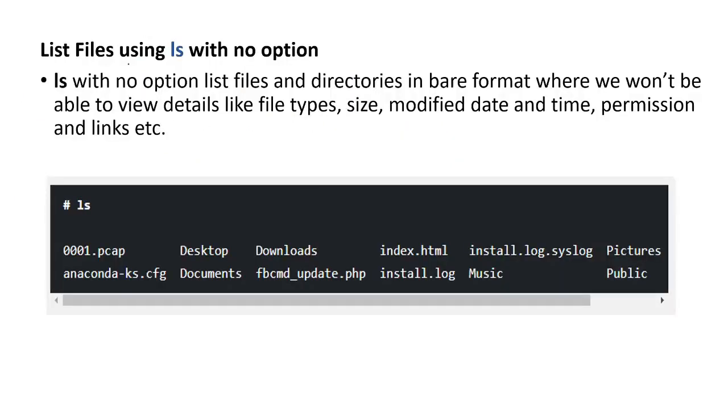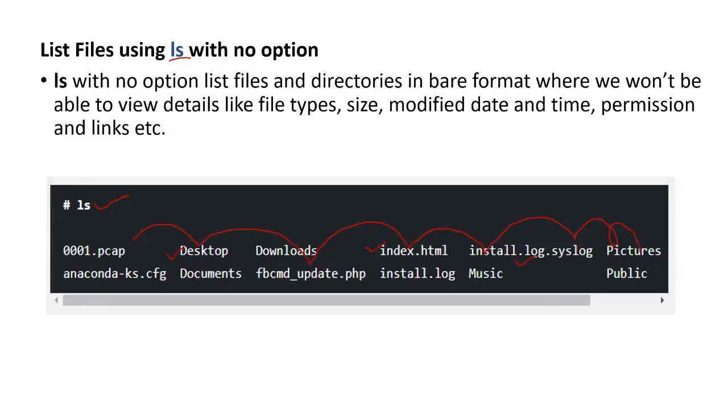The next command we'll see is the ls command. The ls command is nothing but file listing. If you want details about all the files present in a particular directory, you can use the ls command. On the terminal you can type ls and here you can see the result. It is showing various files and directories.